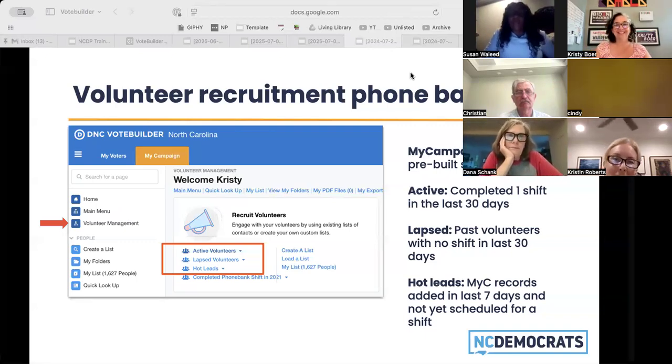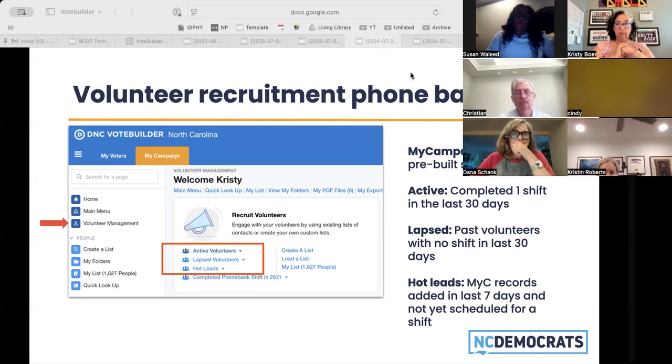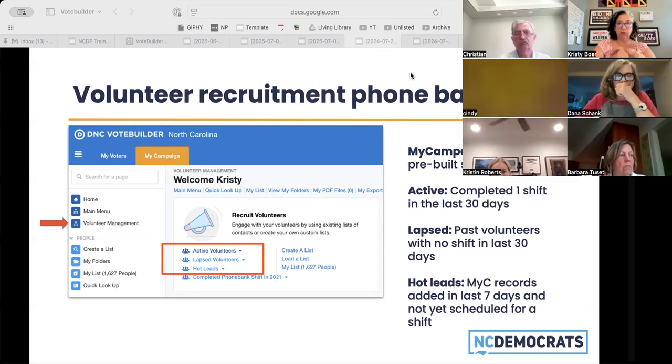Hi, my name is Susan Waleed, and I'm running for Leland Town City Council, which is a nonpartisan position. I'm just wondering if this volunteer recruitment is all Democratic volunteers, and will it have any effect on what I'm trying to do as far as building my volunteers. Yes. Okay. So even in nonpartisan races, for any registered Democrat who's running for